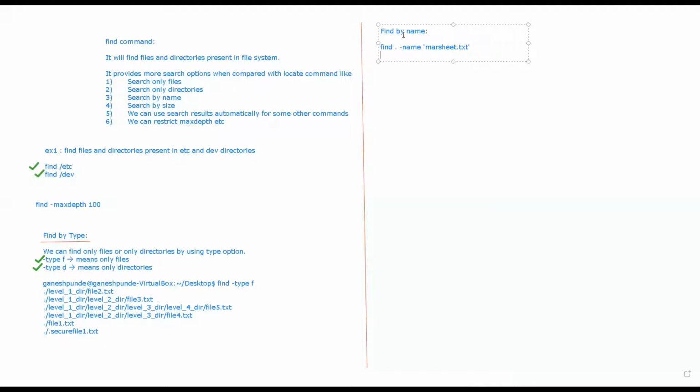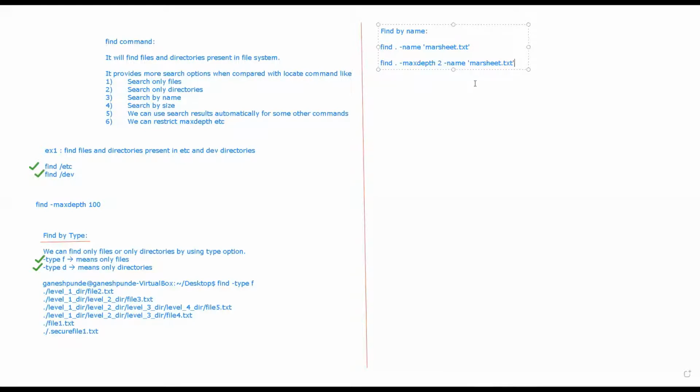Now let's say I want to specify the depth as 2, meaning I want to go 2 levels down. I can say find, then max depth 2, and name, let's say again I want to find marksheet.txt.